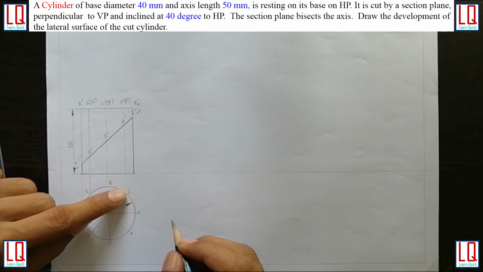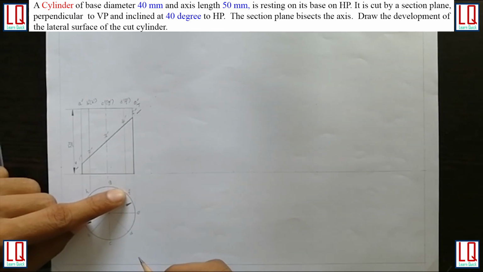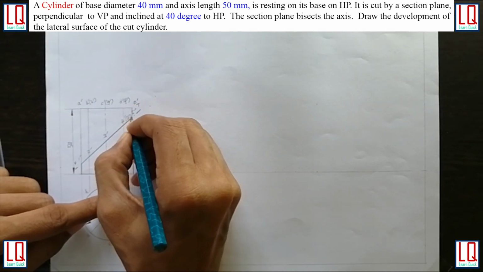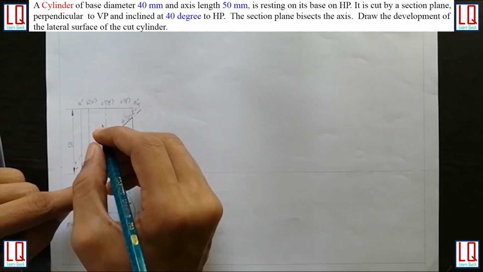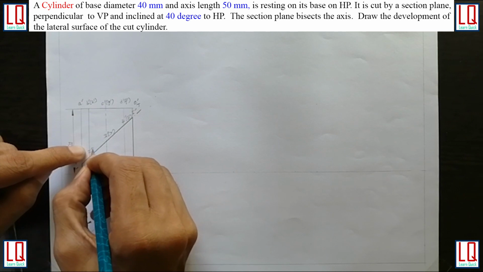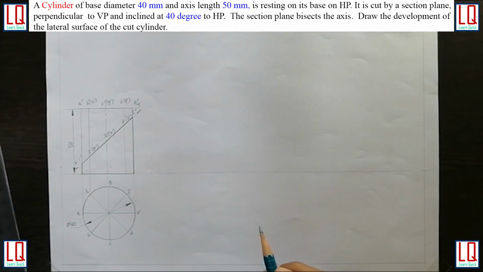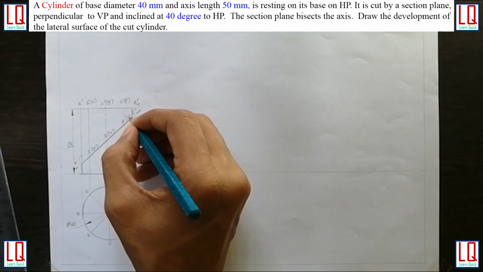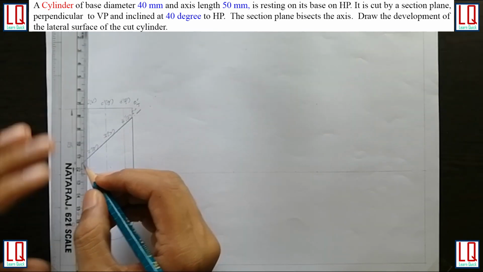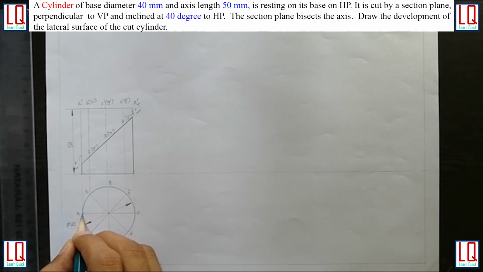Now F has been cut here, but the F is not visible in front view. So it is in the reverse side. So it is going to be bracket 6 dash. Similarly for G, bracket 7 dash. Similarly for H, it is bracket 8 dash. So totally we have 8 cutting points in our cutting plane. Now we are going to bring all the cutting points to the top view. If I project the cutting point 1 to the top view, it is going to meet exactly here.